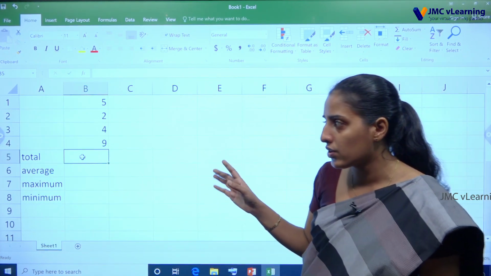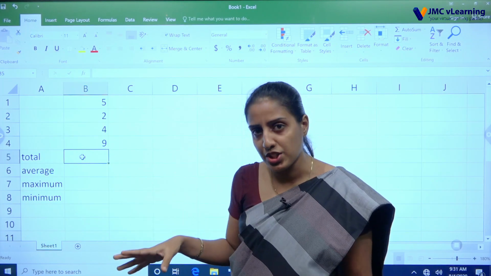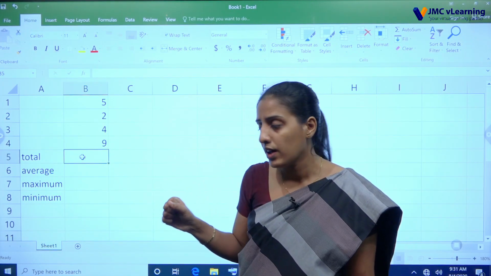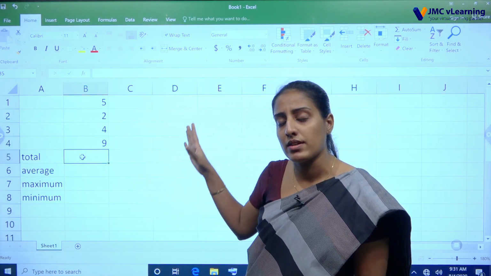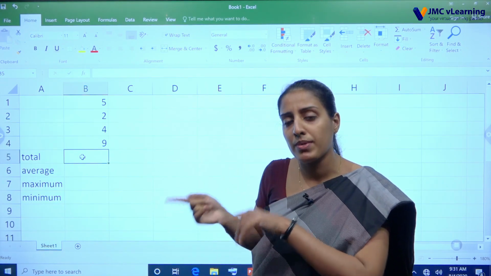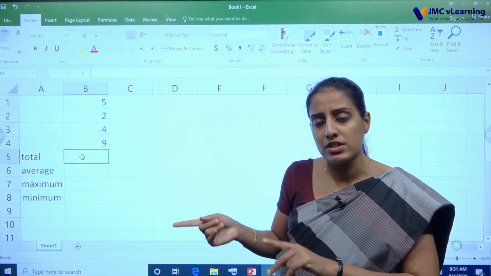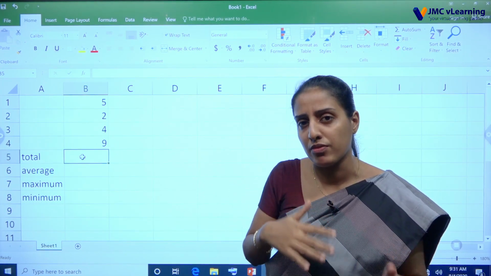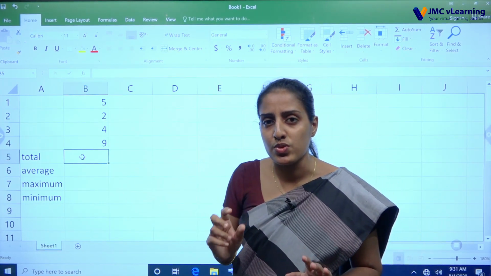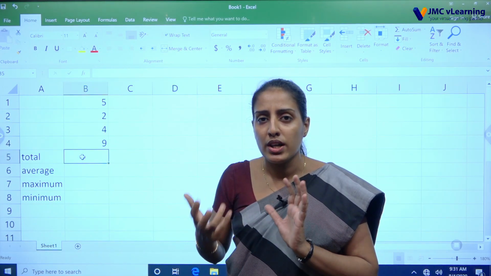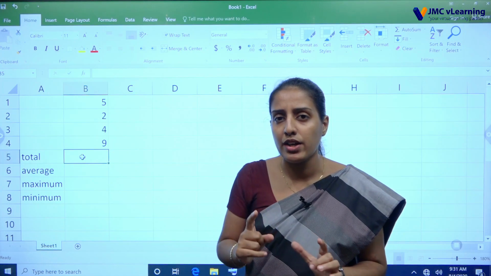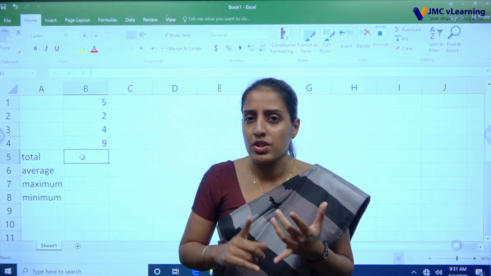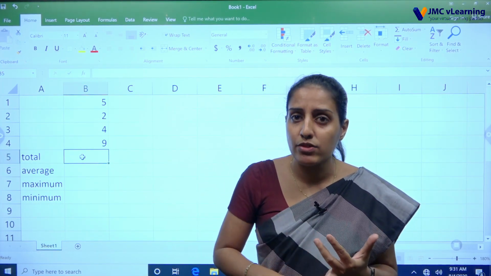So, if we want to get the total, now this is the function part, not the formula. If you want to get the total in MS Excel, instead of typing cell names one by one, you can just use the SUM function to get the total of the cell range. To do so, again remember, whenever you are using a formula or a function,